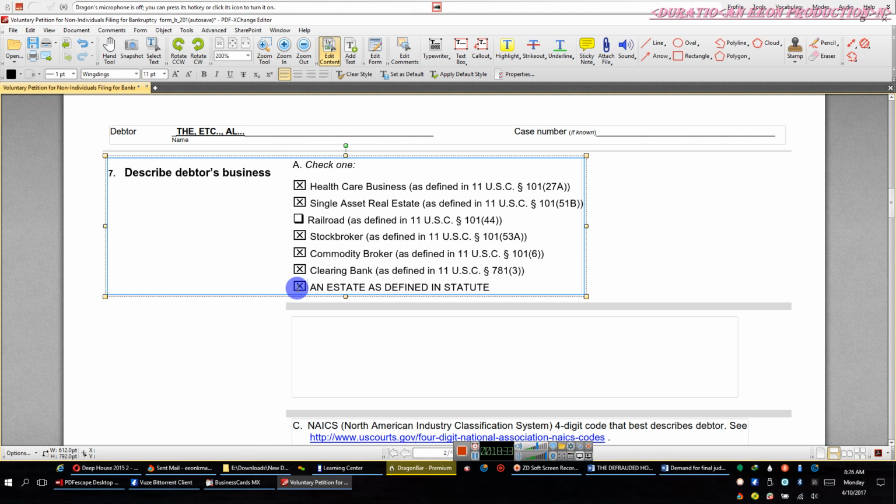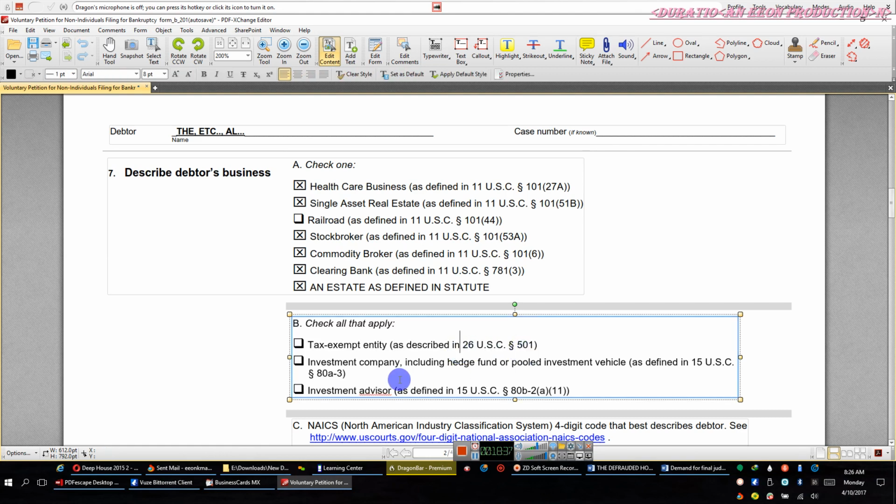The judge, what if he asked me if I knew what any of these things mean? What you're simply going to tell the judge is, if there's a problem, point out the problem, and you'll correct it. We are a tax exempt entity, okay? We are an investment company, okay? Because they literally are investing your stock, okay? We don't want to do investment advisor, okay?